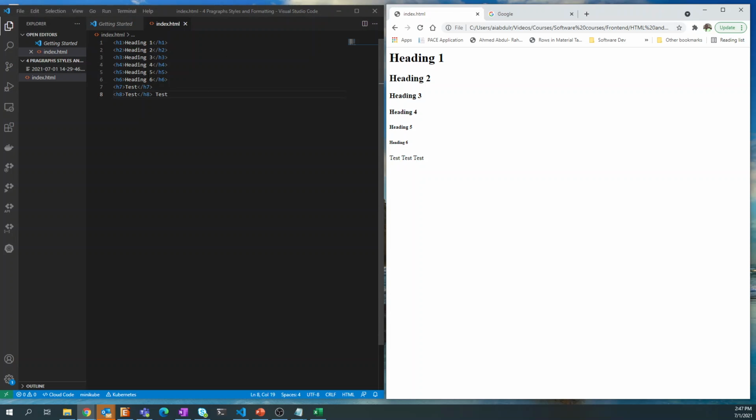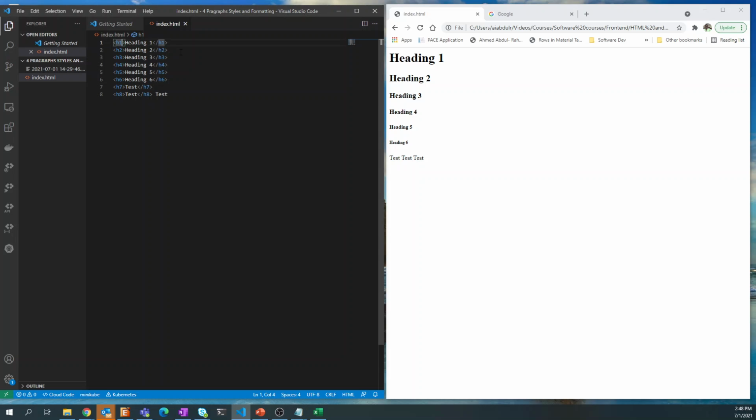So you only have H1 to H6, and that is all the formatting that we have when it comes to headings. So you can see that the H1 should be used for your main headings, followed by H2, which is going to be your subheadings, and less and less till you get to H6. Again, we can actually format these headings. By default, they have a pre-specified size. But you can, like we discussed in the previous style video,